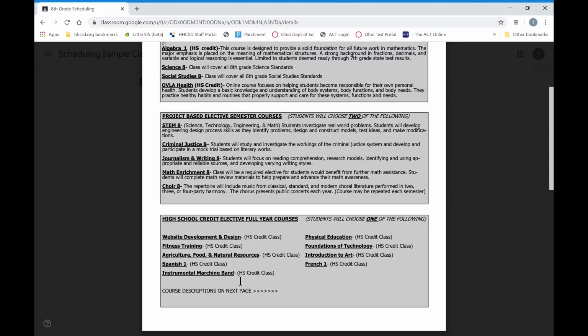So if you're in the marching band and want to stay in the band, that will be your choice. We have physical education. Foundations of Tech is the entry-level shop class. We have Introduction to Art, first year art, and we have French 1. Spanish 1 and French 1 are a little more college prep oriented classes, so just be aware of that as you make